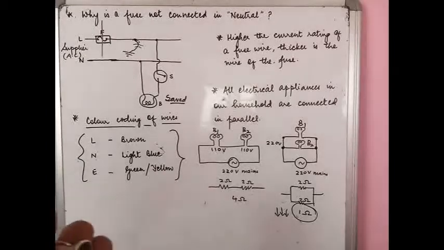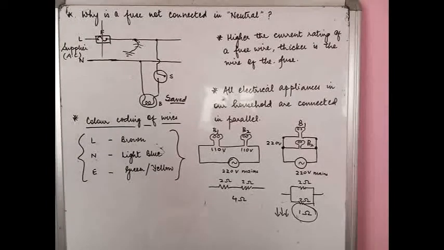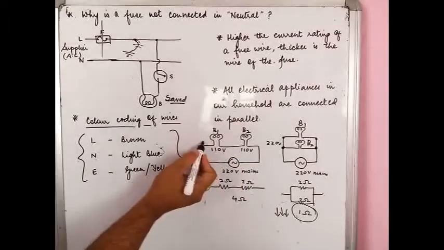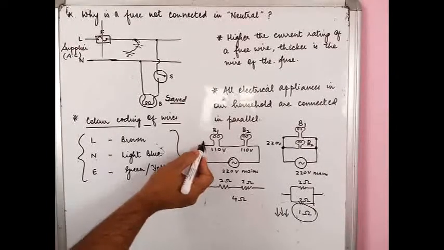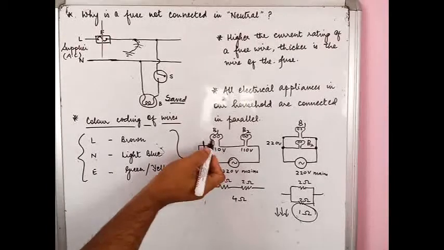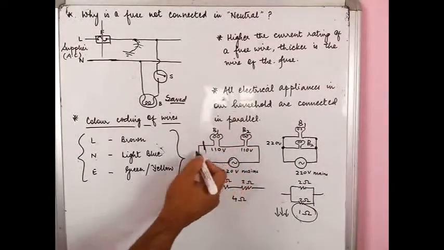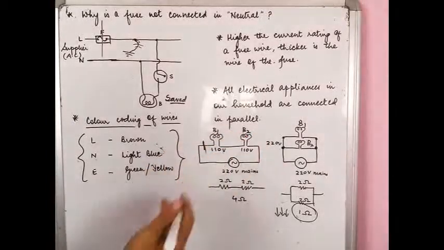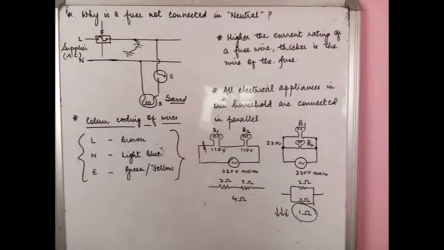Now you see, one more important reason for this parallel connection in our households is, if we have the appliances in series and suppose that there is a disconnect in the wire here. Now what will happen is, if there is a disconnect in the wire over here, this bulb will go off, this bulb will also go off, because they are in series. Unless the AC supply can reach the two bulbs, the bulbs will not glow. So if there is a disconnect over here, both the bulbs will not glow in series.